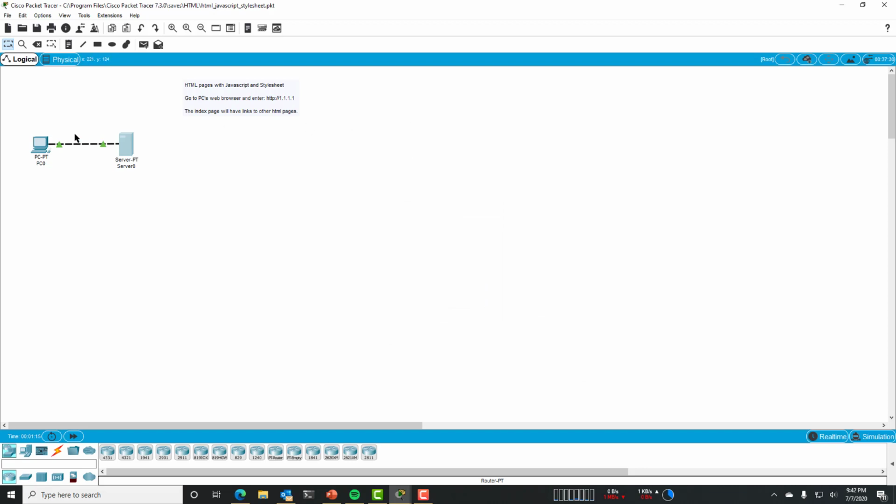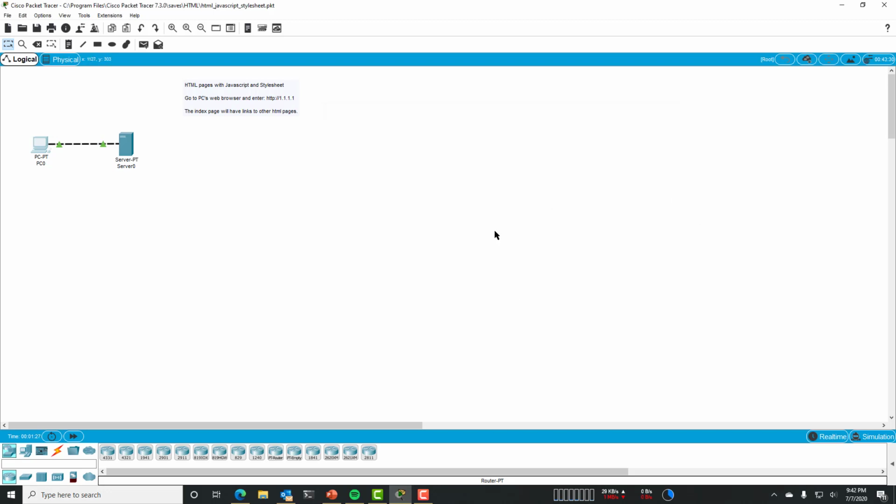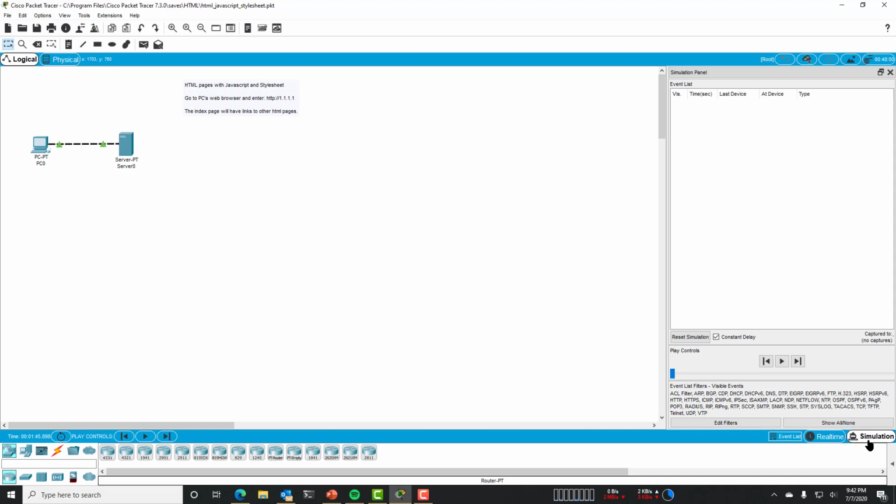So basically, the demo that I was able to do here just shows being able to open up a web page. Now that's interesting from running a simulation program. But I'm actually interested in being able to see the actual packets that are being exchanged. And so instead of running this in real time, I'm going to go here to simulation, and the slider down here